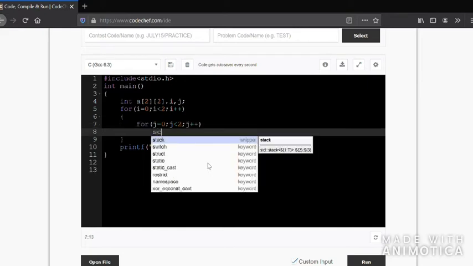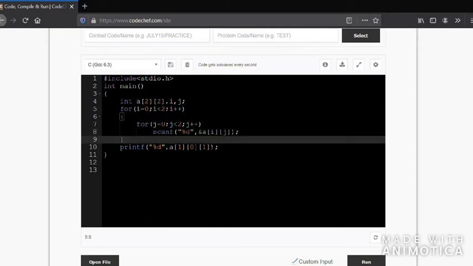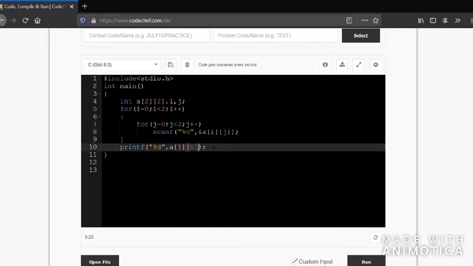Now scanf for accepting the numbers. Okay, now let's print a of 1 comma 0 star a of 0 1.